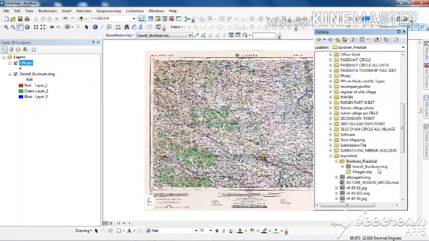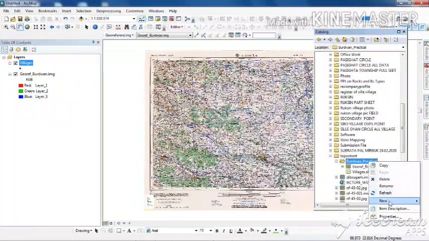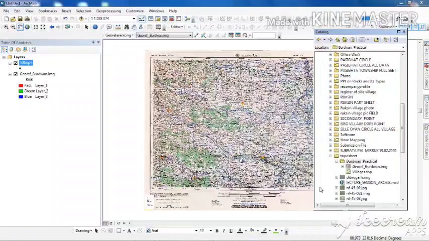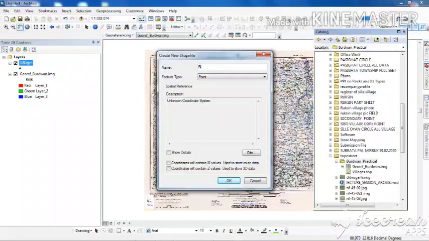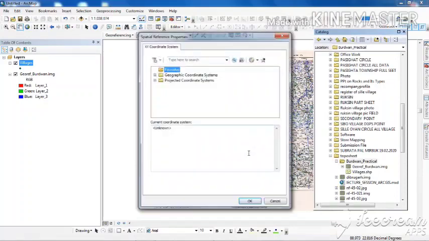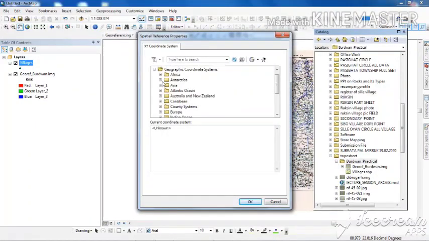After that I will create a shapefile of road, that is a line. I am only showing you one, but based upon that your task will be to digitize this entire topo sheet. So I will show you some parts or portions.